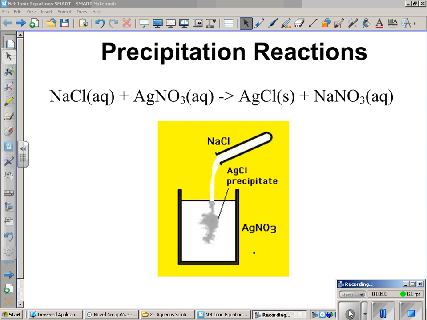Okay, today's lesson is going to be on what we call precipitation reactions. The word precipitate means a solid. So a precipitation reaction would be a reaction in which a solid forms. If you look at the equation either on the slide or in your notes as well, you can see